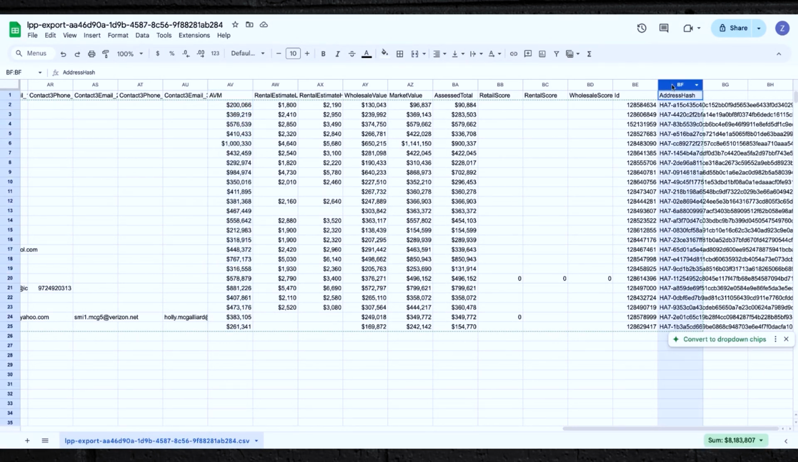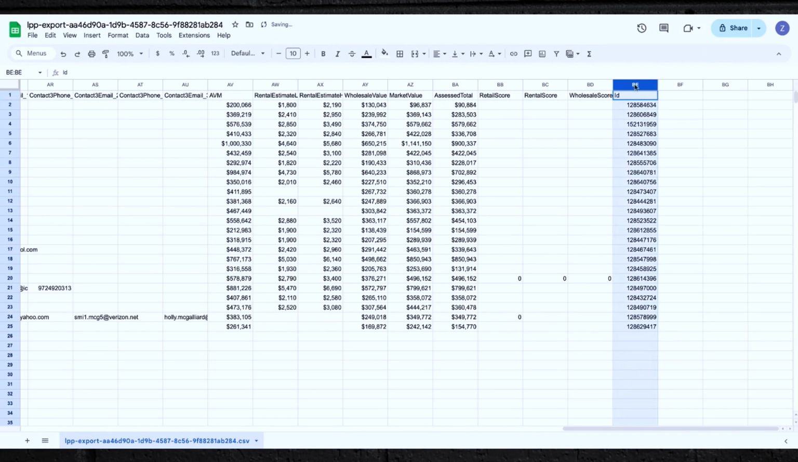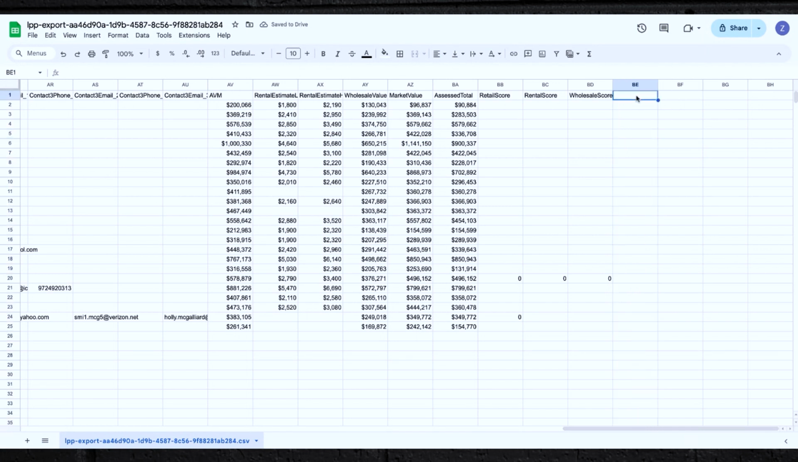So what I'm going to do is just delete address hash or whatever, just delete all that stuff. I don't care about any of that. And then I'm just going to create a new column and just call it ROS offer. Okay? Let's pull this out, and let's actually move this over here. Cool. What we're going to do is put equals,